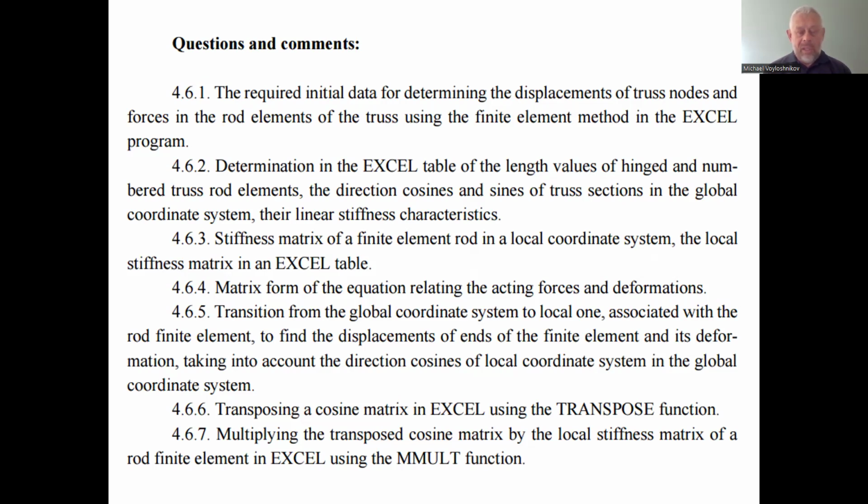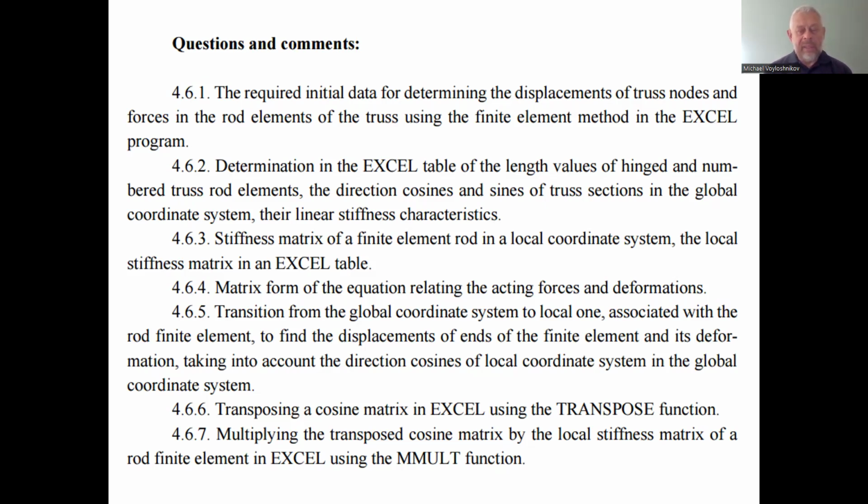4.6.2 Determination of the Excel table of the length values of hinged and numbered truss rod elements, the direction cosines and sines of truss section in the global coordinate system, the linear stiffness characteristics. We can use the calculations of the geometry to determine the length of each finite element by, for example, the Pythagorean theorem. First we find the projections of each finite element onto the coordinate axis. Next, we use the Pythagorean theorem with the projections to find the length of each finite